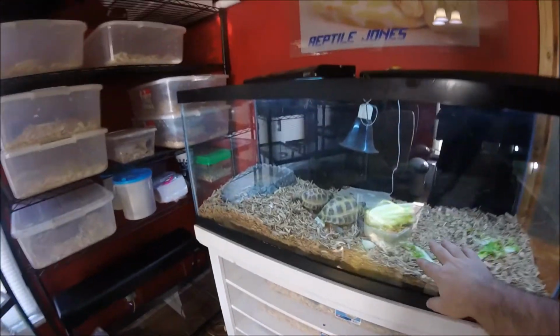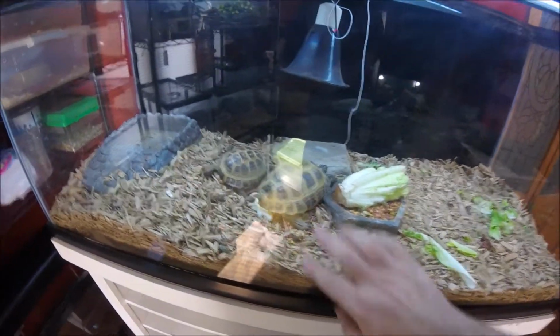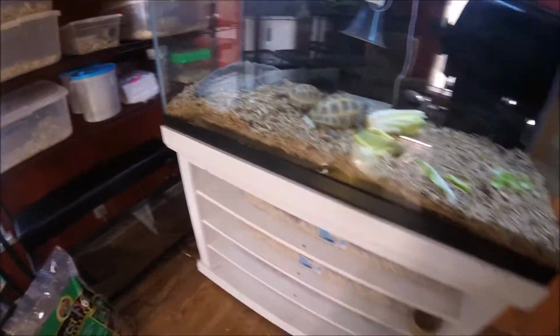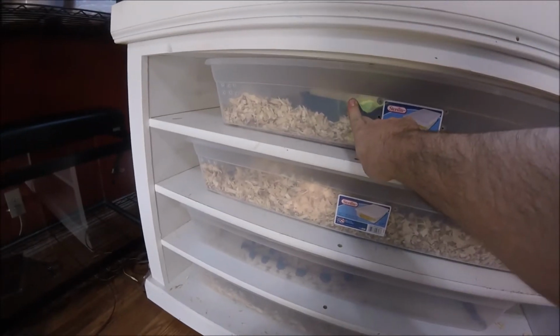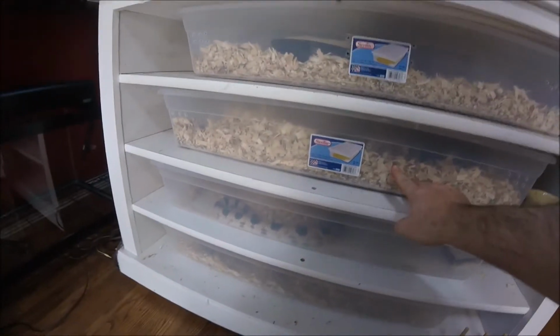Tortoises are over here. Made a mess of their lettuce that they had for this morning, but those guys are doing good. And let's come down here. We'll get these guys out in a minute, but we're just gonna do a quick run through the room. My albino python is here, the albino boa is here, and of course my pine snake Oreo is right here,